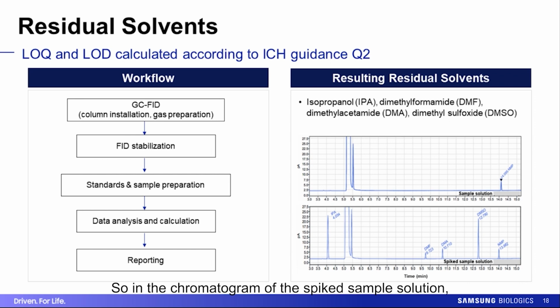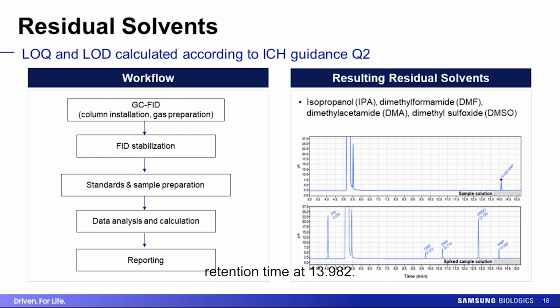In the spiked sample solution chromatogram, you can see the good accuracy confirmed by the spiked sample, including 4 organic solvents. And you can see the internal standard peak at